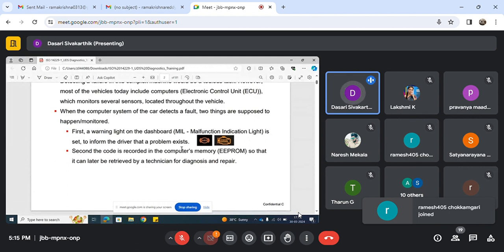This is a term we usually use in diagnostics: DTC, we call it, diagnostic trouble code. So the second one is a code which is stored in the EEPROM that can be later retrieved by the technician in the garage to perform diagnostics and to rectify that fault. Okay, and